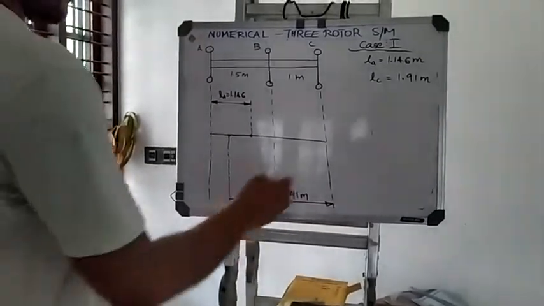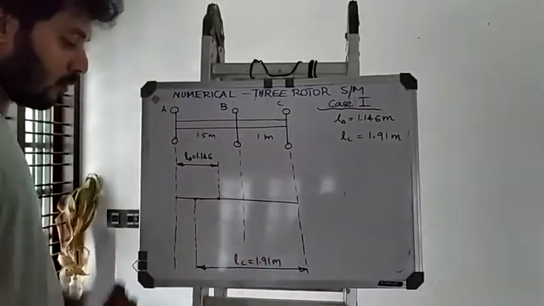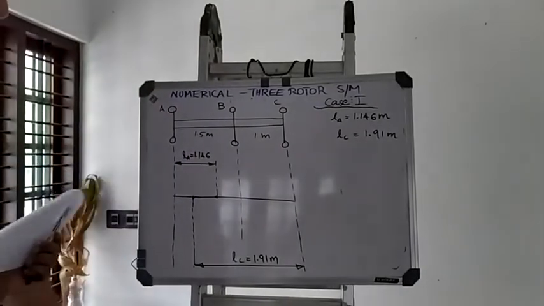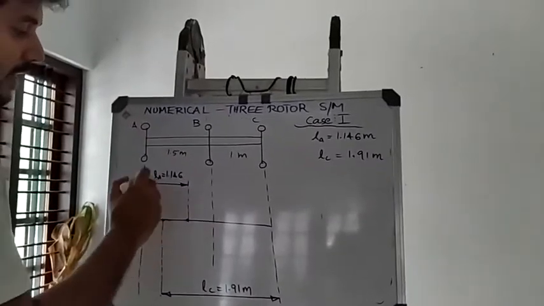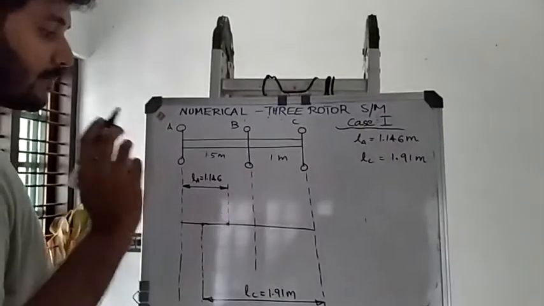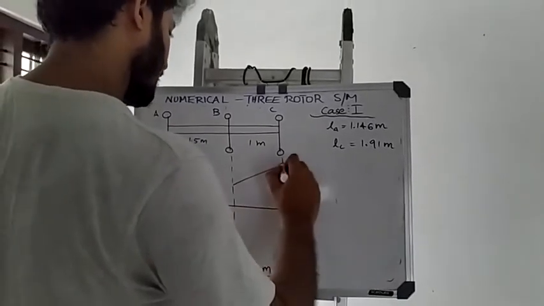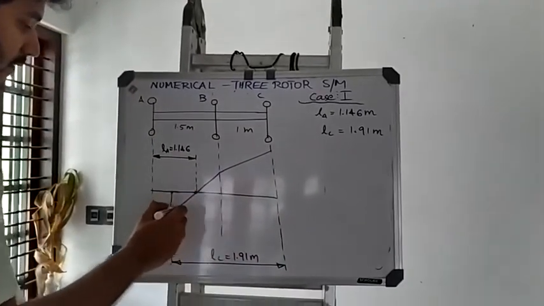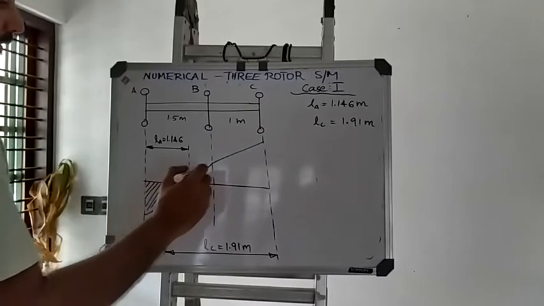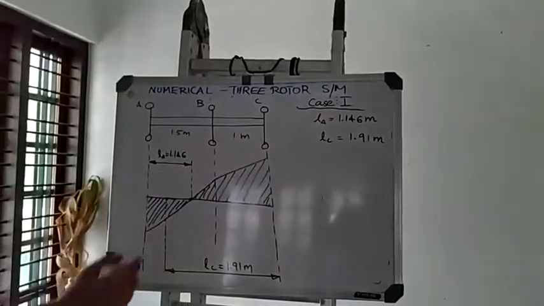That means if LC is exceeding the distance of 1 meter between C and B, there is no node made or present between C and B. That is what we have to infer from this diagram. But as you have a distance LA which is coming between A and B, here a node is present. So totally the nodal figure will be somewhat like this. There is no node of vibration between C and B.